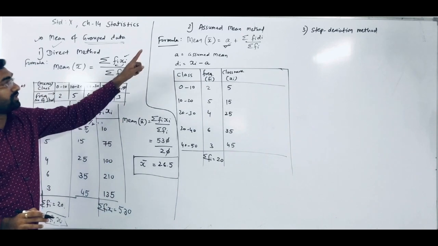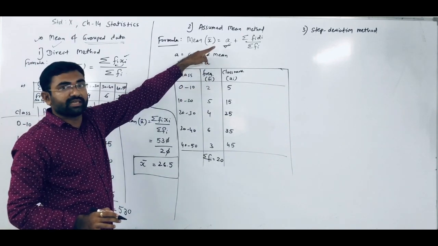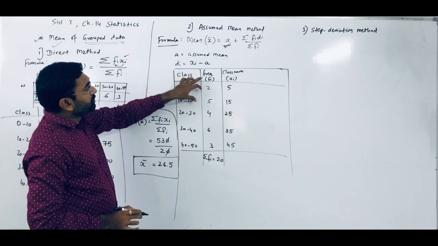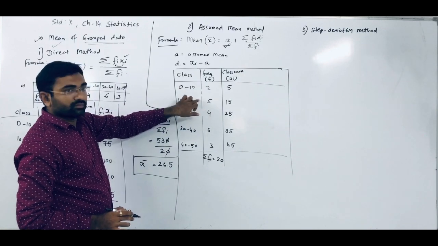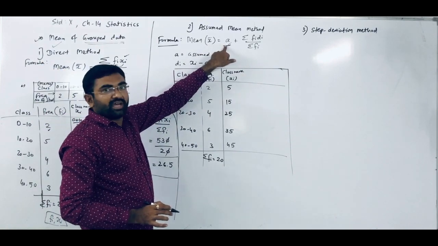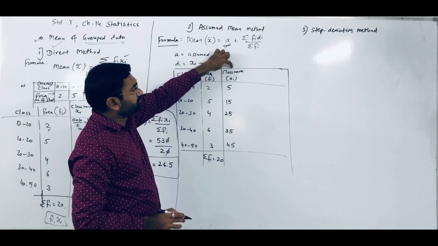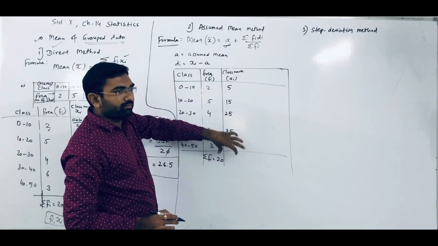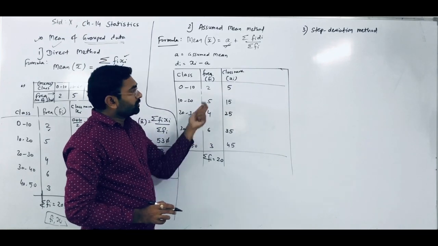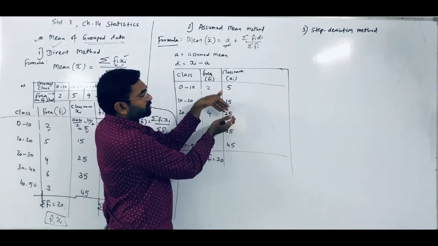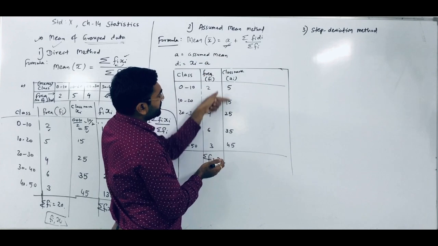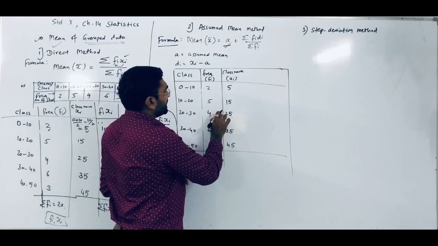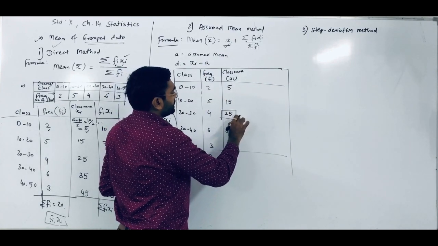As I told you, many students make a mistake here. They assume the mean from the frequency column. This is wrong. You always have to assume the a value from the xi column. You can take any value from the xi column as a, but you should take the midmost value of the xi column. From the upper one and the lower one, the midmost is this one. So this is our a.